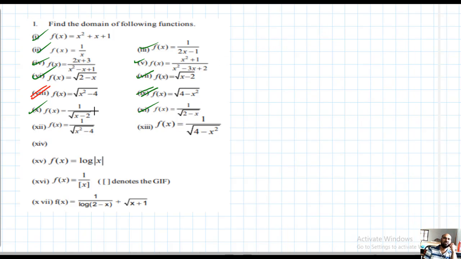In this way you can complete. Now I want to explain this, the remaining ones are easy, only for you people to complete. 15th